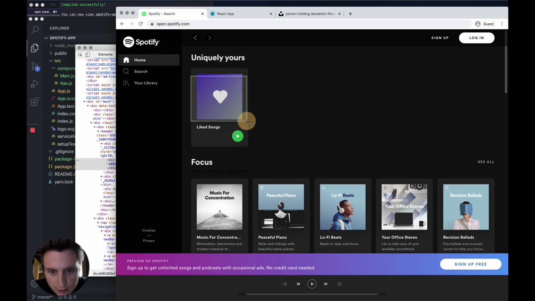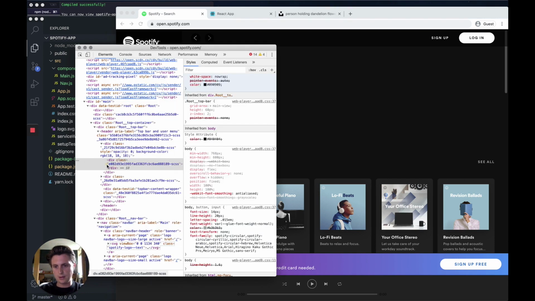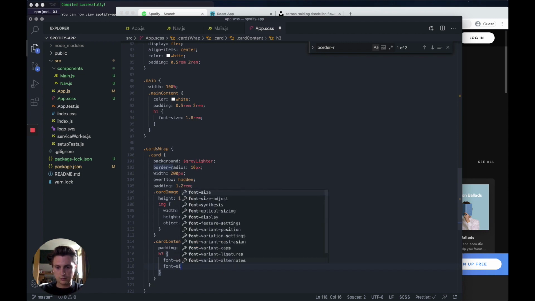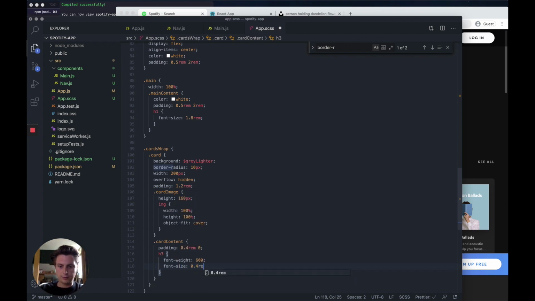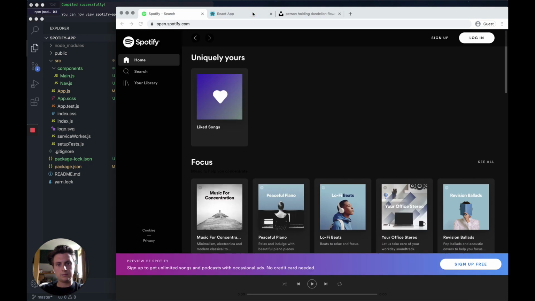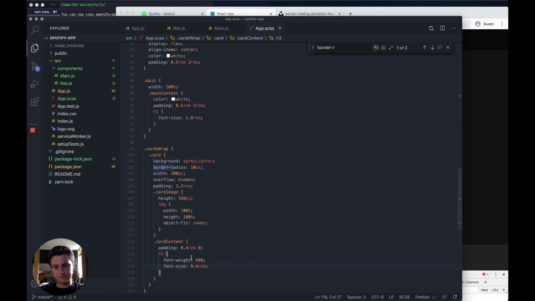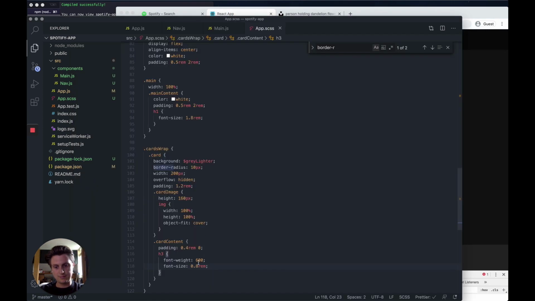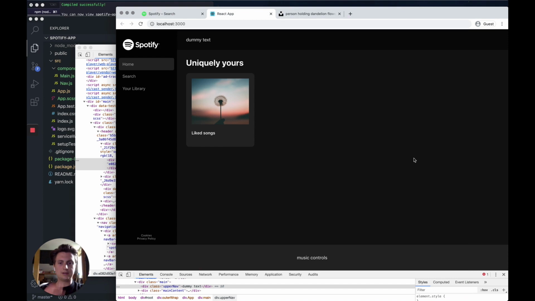And the width is, yeah, it is 200 pixels. But this font size is actually much smaller. Let's do 0.4. Whoa. I think the font looks a bit different because obviously it's not the same font, so